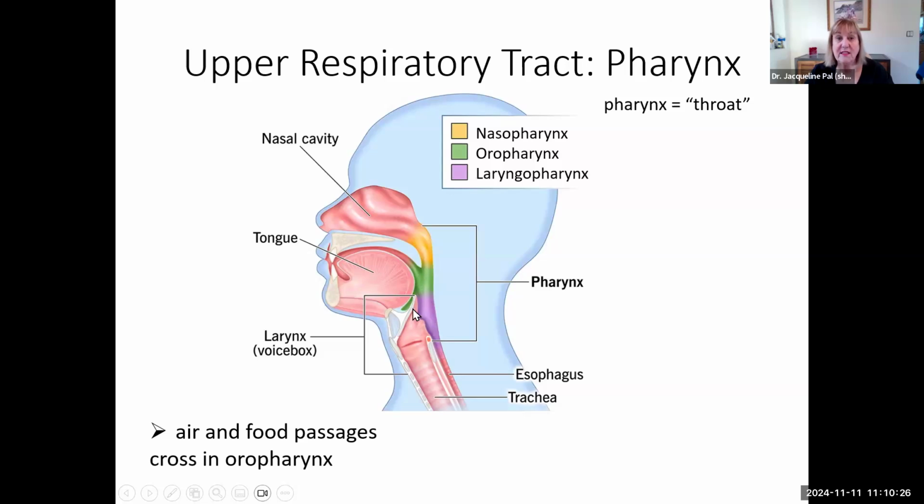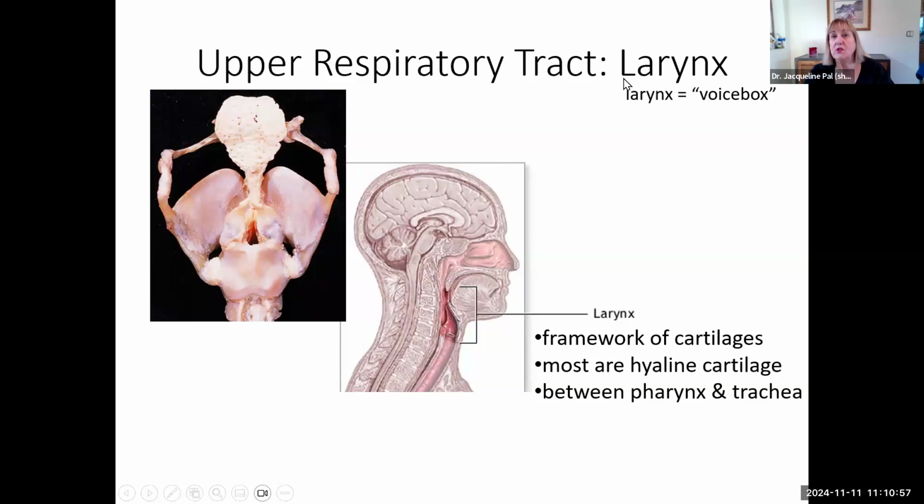Between the oropharynx and the laryngeal pharynx, we have to have a crossing of pathways so that the air ends up anterior, and the food ends up posterior. So it's very interesting what is happening in your throat. And if that doesn't happen, then you'll have food down your airways going into your lungs, and that's not a good thing. All right. Continuing down the air pathway, assuming everything goes well, we're going to go into your larynx